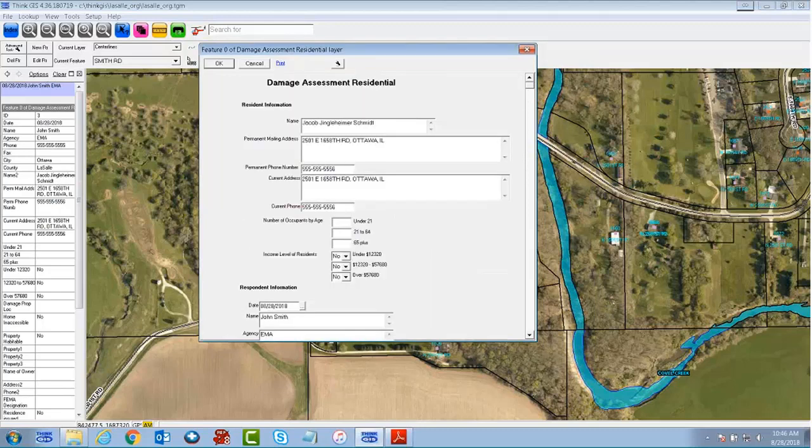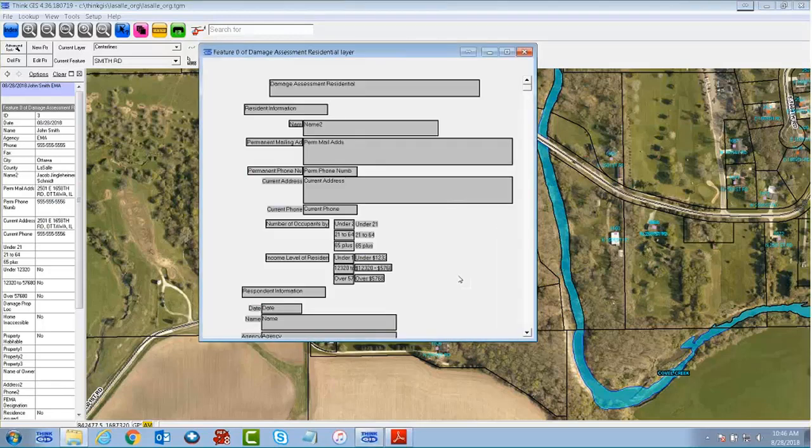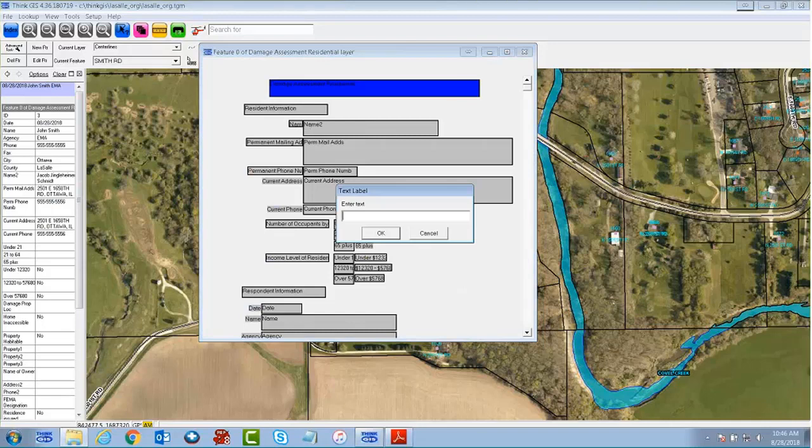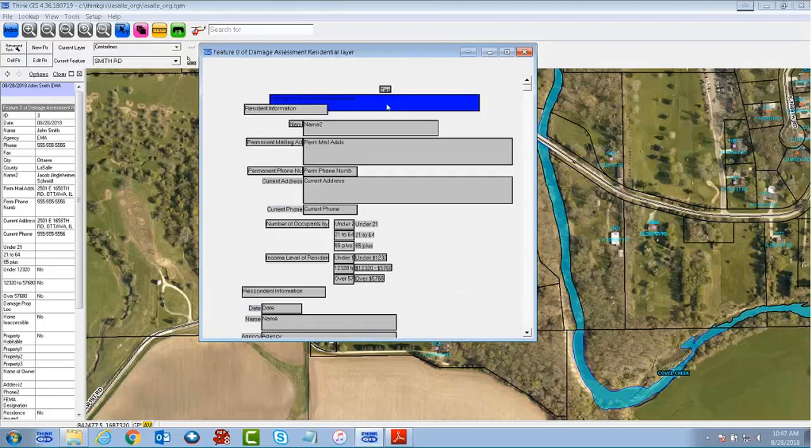I'm going to go back to modify the form layout again and show you some other things you can do within here. So this damage assessment residential text was added manually by going up and adding text. If I click on that, it's going to say, what do you want to call the text? I'll just say test, plop it in. And now, it's not going to let me grab it. There we go. Now I've got text down here